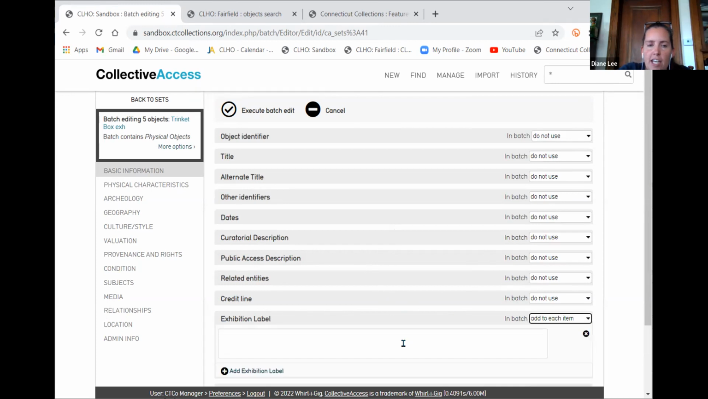So if I want to say add to each item, I'm adding the exhibition label to all of those images. So there's our exhibit. We're putting it at our old Fairfield building. It's opening up the 1st of August and going to the 1st of December. So that's there. Now when I click on that, if I want to say execute batch edit, it'll come